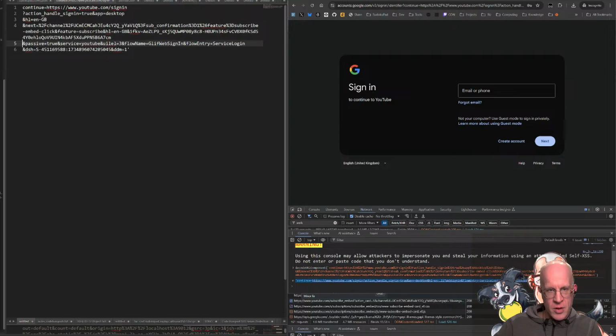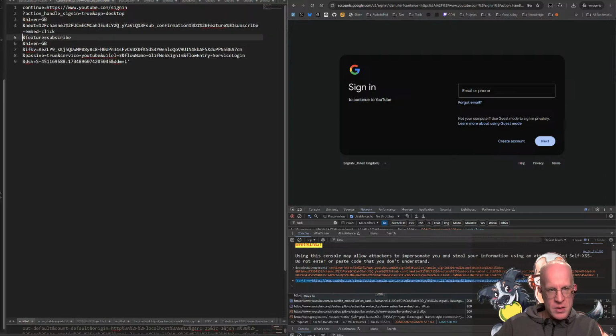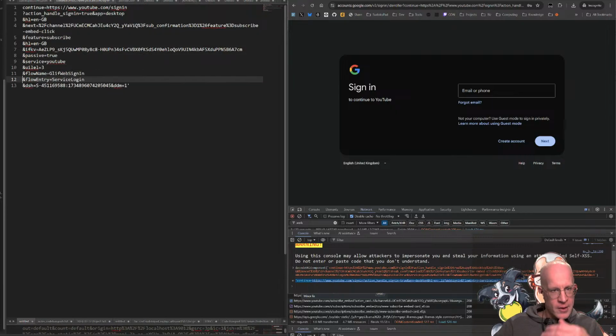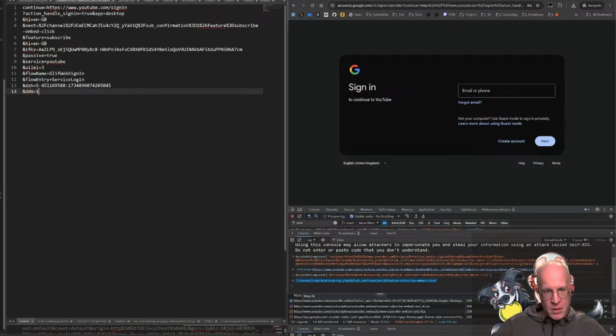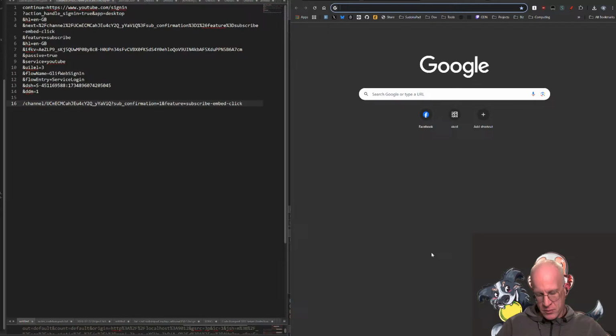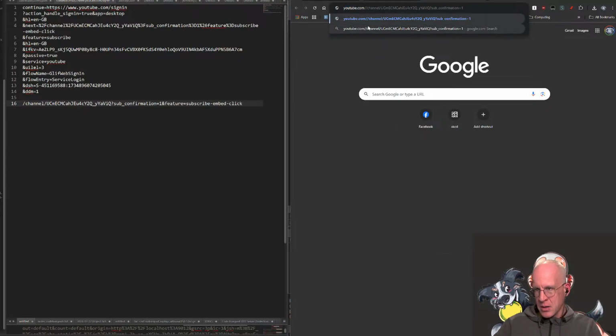So we have all these properties getting passed in, but I feel like there's another level of encoding. Service YouTube, flow name, gosh, all this stuff. Okay, so there is this. Decode URI component. Basically, is there something I can link to? Subscribe embed link? Oops, confirmation equals 1. So if I link to this, if I go to youtube.com/this,